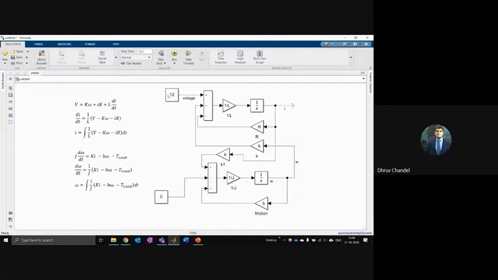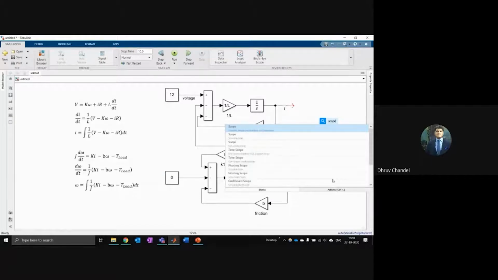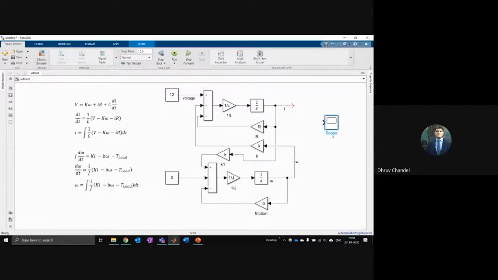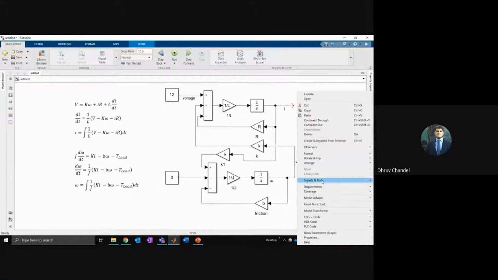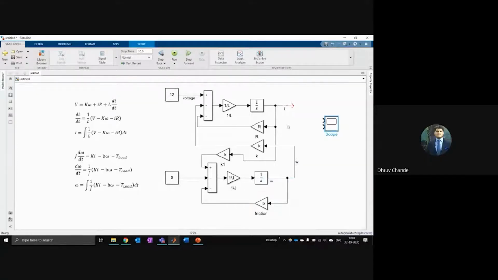Okay, so now I have a complete solution to this system of equations. I don't have to worry about how these equations are going to be solved. Simulink has built-in solvers that will take care of the whole thing. All I need to do is look at the results. So I can get a scope block, and then I can put in two inputs, and then I can get the value of current and angular velocity inside my motor, like so.